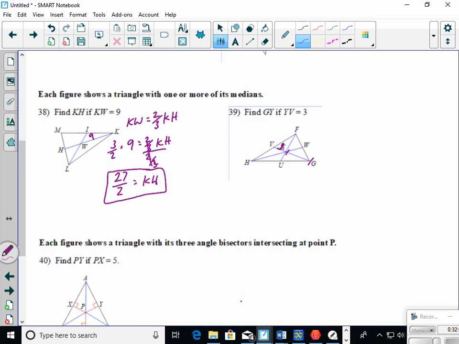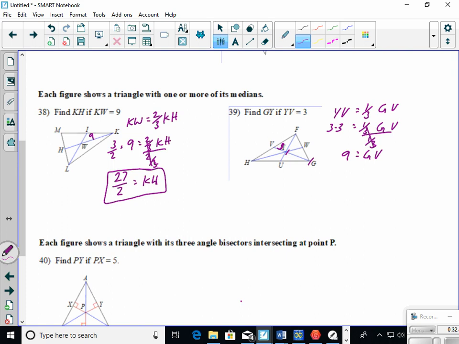So if YV equals 1/3 of GV, the whole thing, and so 3 equals 1/3 of GV, divided by the 1/3, which is the same as multiplying by its reciprocal, which is 3, on the other side. So the whole thing is 9,